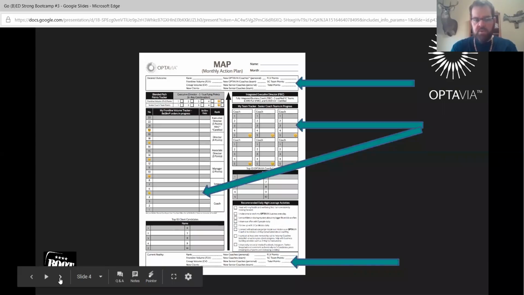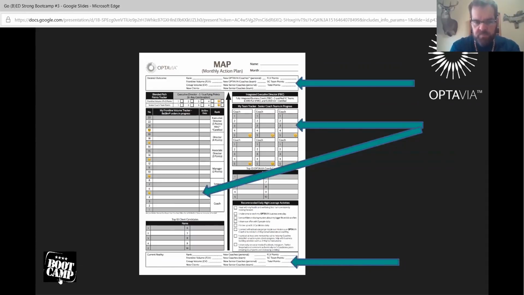Next slide over. All right, now this is going to be when you start adding coaches. So it's a team tracker. You're going to put your coach's name up there, and then it's got a spot for 5 of their clients. And when they hit 5 clients, they become a senior coach. And, you know, we're always wanting to make certain that we're bringing on coaches when we're bringing on clients.